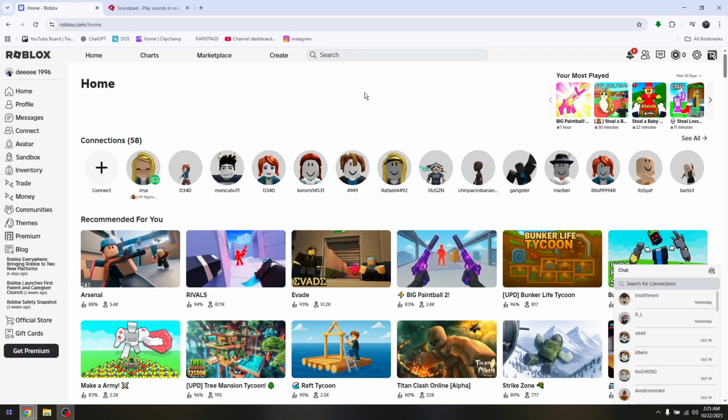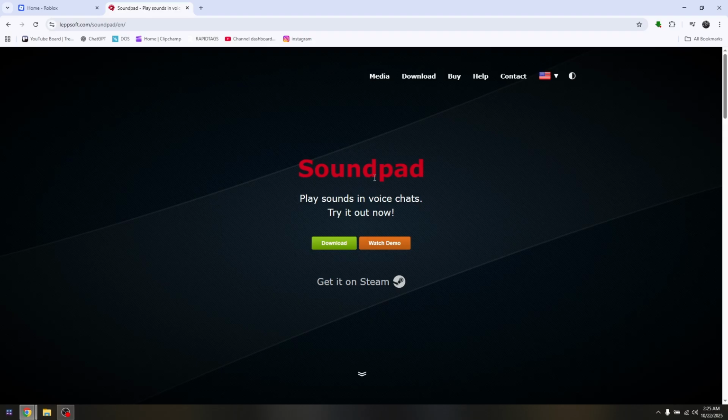How to connect Soundpad to Roblox. Now, the very first thing that you want to do is, of course, attach your current Soundpad to your laptop or PC. Once you've successfully attached it, you'll have to download an attachment, whether via their official website or via